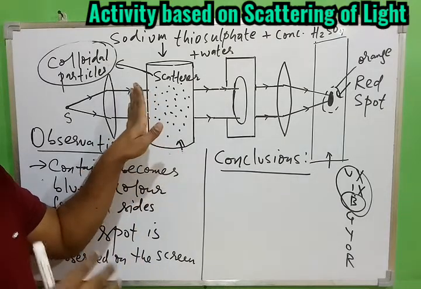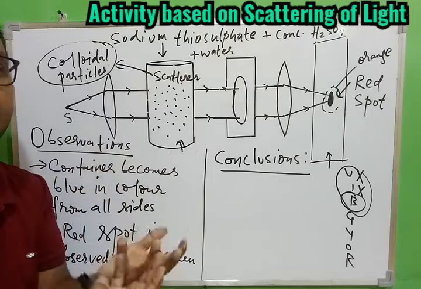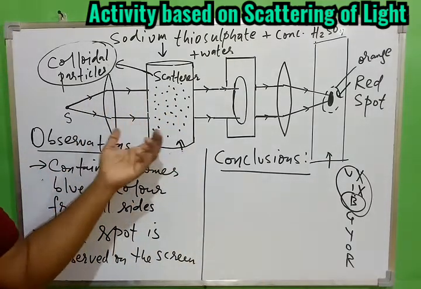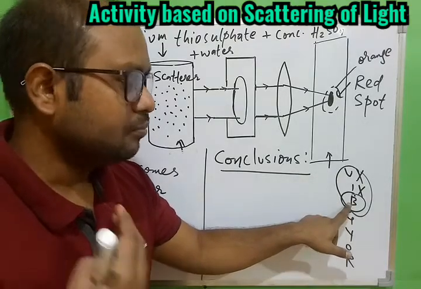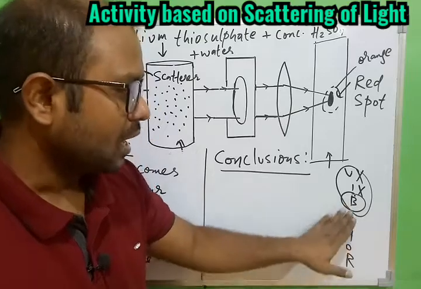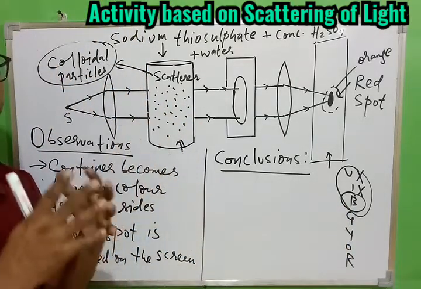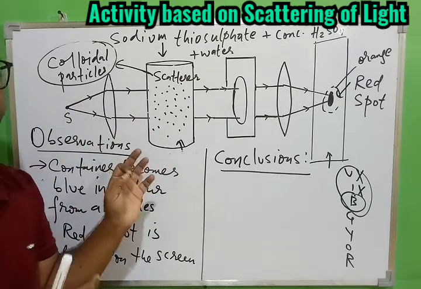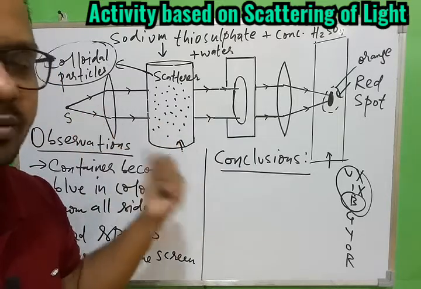So this part is going to give a very simple explanation of why we see the blue color of sky. So the concept is the same. When the white light passes through this colloidal solution, scattering of light will take place, and the blue color will be visible to you, because blue color will be scattered most as compared to the rest of the colors. So finally the entire container will become blue in color, because the white light will scatter in all directions, not in just one direction. Okay, so this part is clear, why the container becomes blue in color.